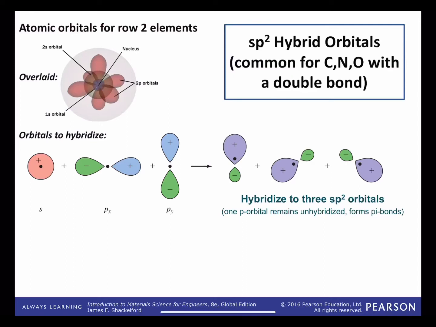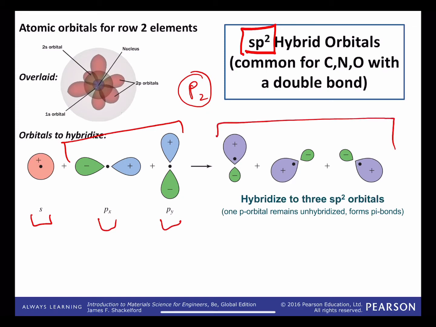Okay, as another option, we saw that we could leave behind one p orbital. So notice here in the topic of generating sp2 hybrid orbitals that we can only use 2 p orbitals and leave one p orbital untouched. So the pz orbital is not shown, and we're not going to hybridize it. So we're going to put together one s orbital and 2 p orbitals. So 3 orbitals are going to go into the hybridization, 3 hybrid atomic